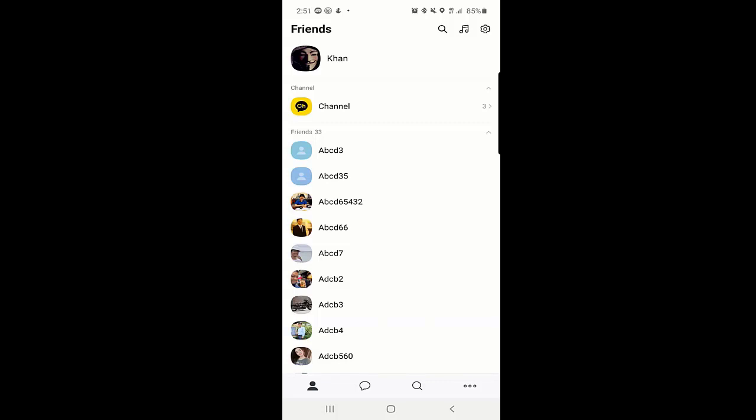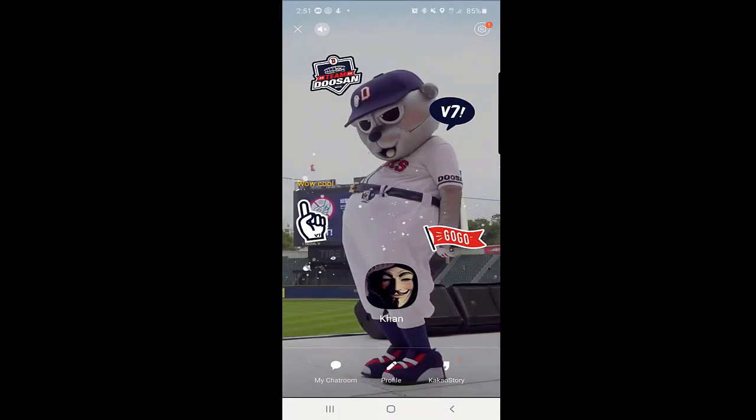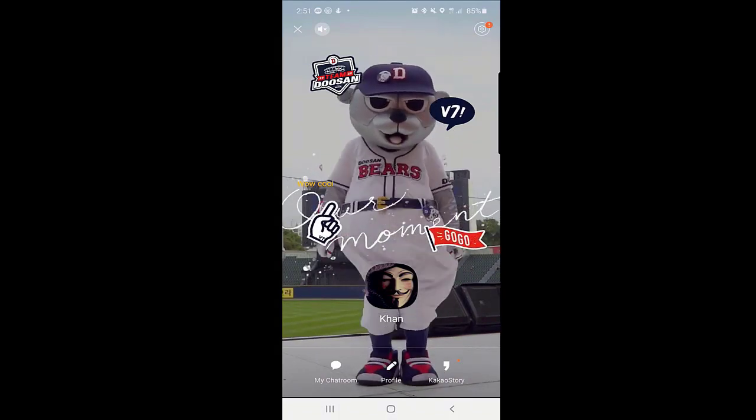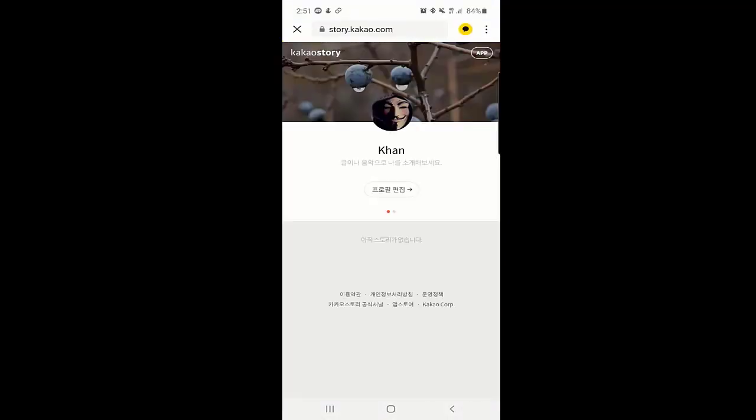First of all, if you have the application, you already have an account. So first you will click on your profile at the bottom left. You can see on your screen, you just click it and then click on your profile picture up there. When you come here, you will see at the bottom that there is my chat room, profile, and Kakao story. So you will just click on Kakao story. Once you click on Kakao story, a link will open, and here you can see my profile and Kakao story. But here you can see it up there on the right, you will see app. So you will click on the app,